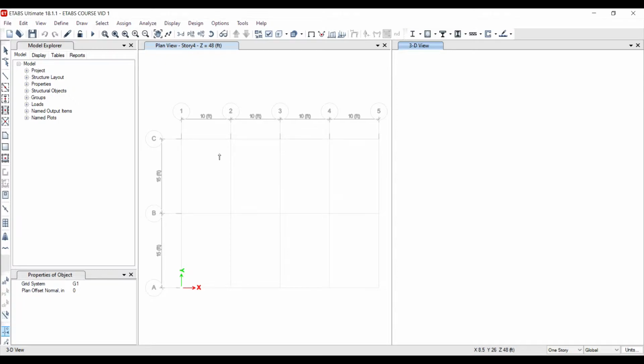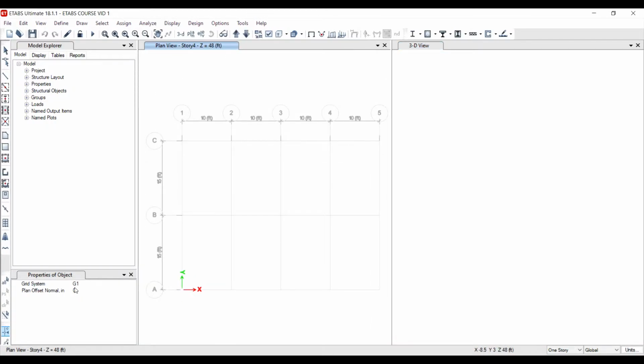In draw grids, in the previous lecture I've shown you how to draw grids, but today I'm gonna show you how to draw a grid with an offset. So how do we do that? If you want to draw the grid with an offset, go to the offset, which I'm going to show you now. I'm going to draw the line from here to here with the help of plane offset,